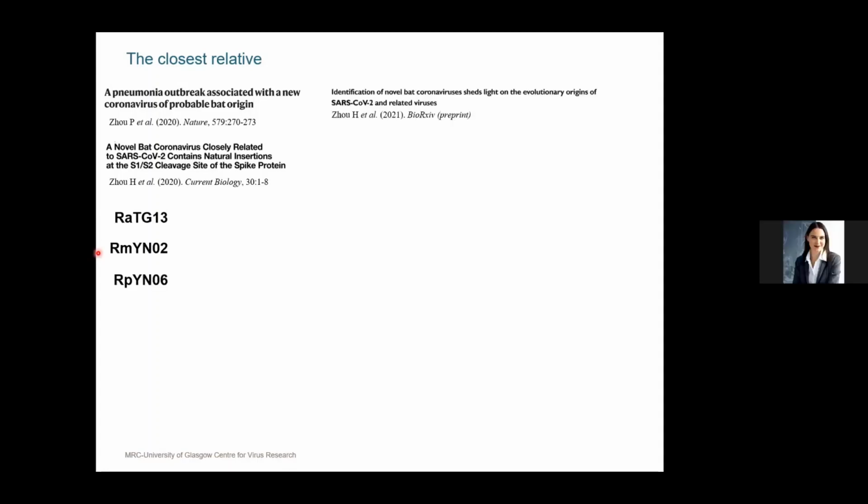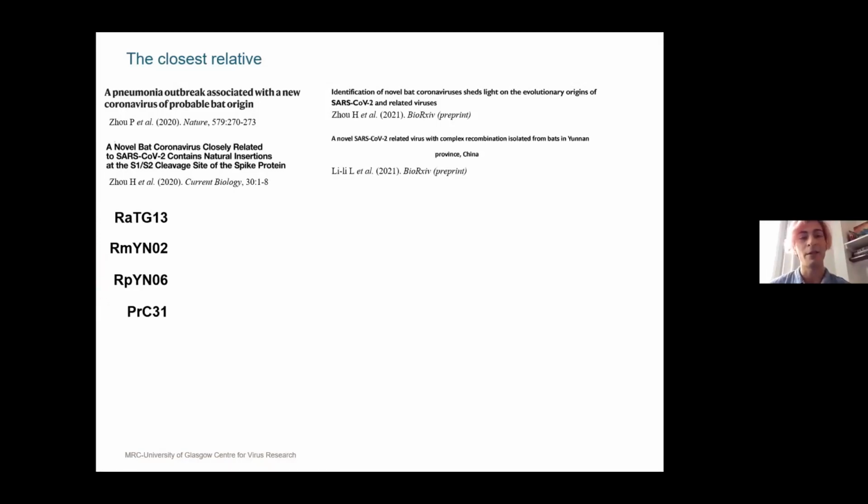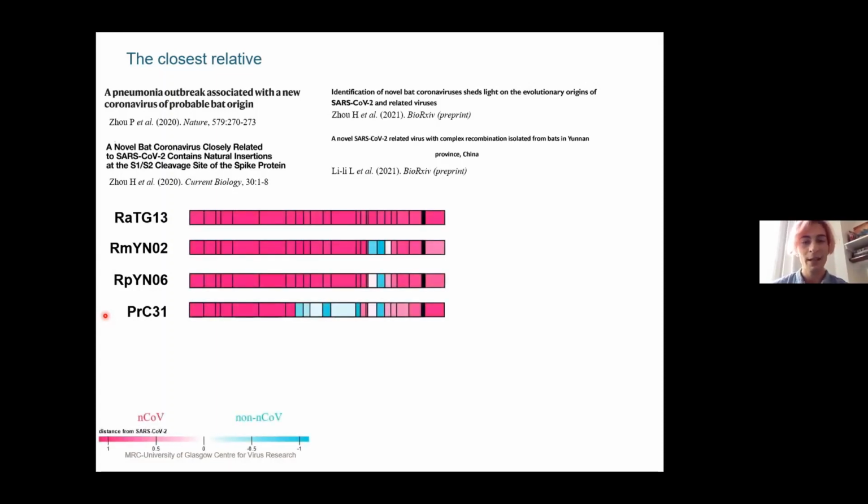And then two more viruses that got published very recently are RPY06 and PRC31. I have to mention that all these four viruses have been sampled in horseshoe bats in Yunnan, China. So as I said, these are just the genome schematics where each region is split based on those 22 GUARD